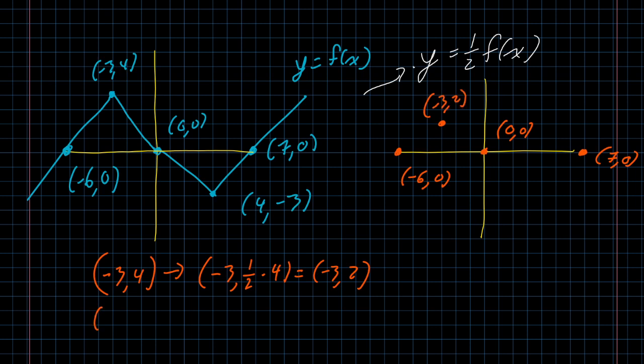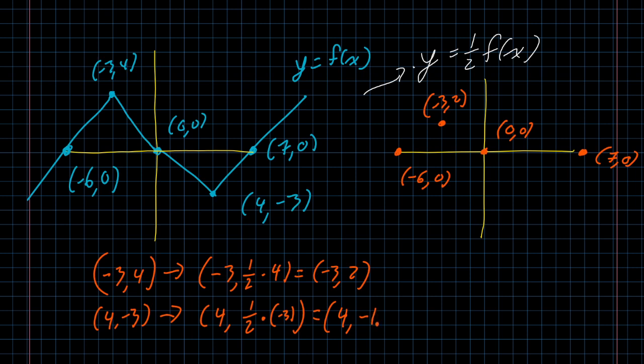Our point 4, -3, the x-coordinate stays the same. We multiply the y-coordinate by 1/2, and we're going to, in this case, end up with 4,